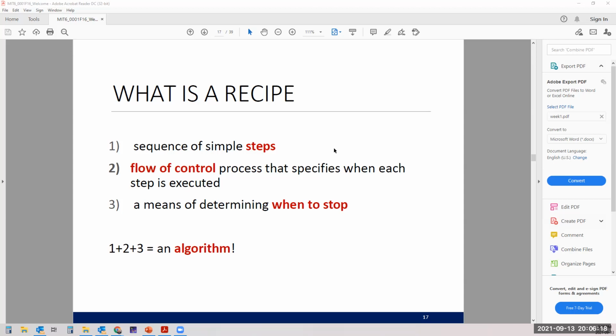What is an algorithm again? It's a set of logical steps, same as the definition of a recipe. It's a set of logical steps that the computer, or the computational machine to be more generic, has to perform to arrive at the solution and to have a clear output.